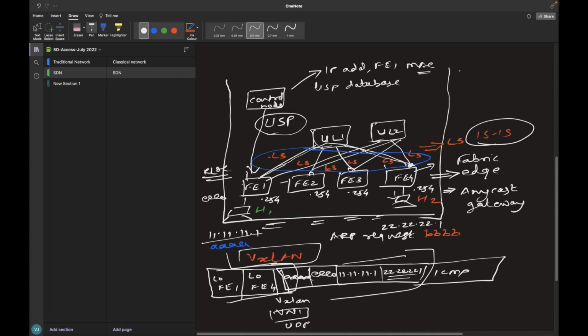I hope you understood this particular traffic flow and the terminologies I used, underlay and overlay. Now we will talk about underlay and overlay. It's not a new technology as such, because we have been using underlay and overlay terminology for a long time.